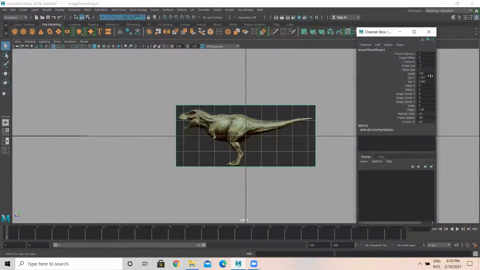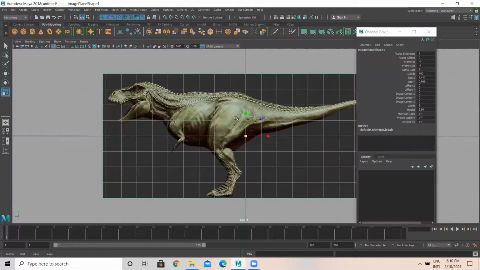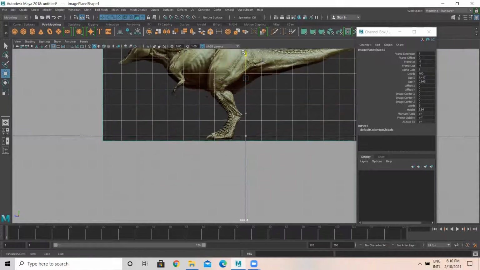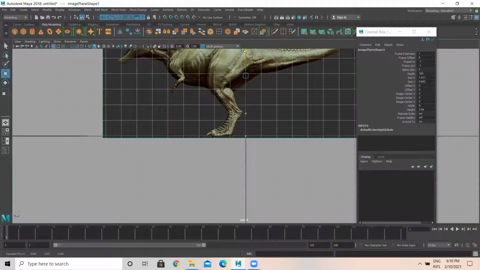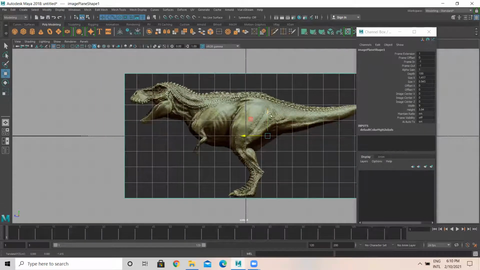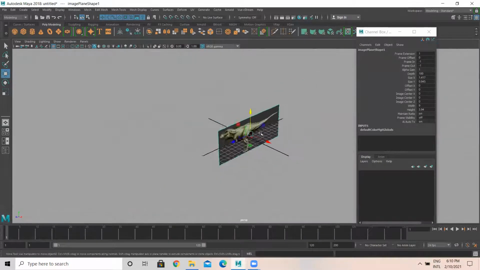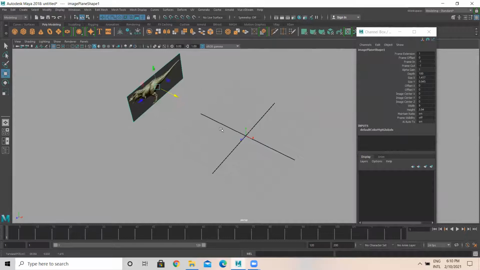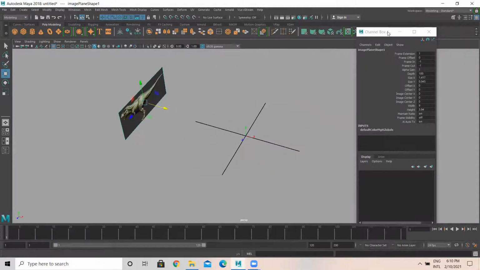So width and height, I would like to increase this. Let me do this manually. I can scale this manually and place it on top like this, or let it be. It's okay. Then after this, I want to push this to the back side. I'll push it here.